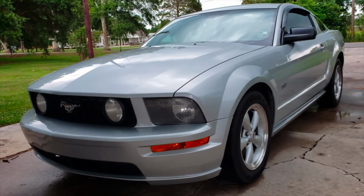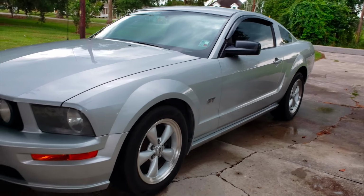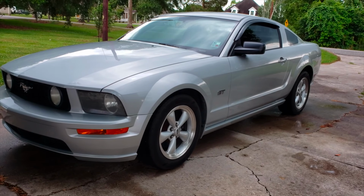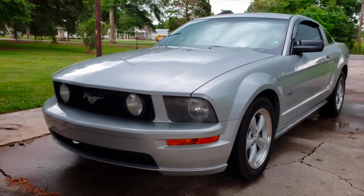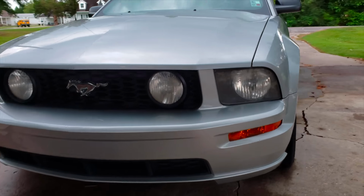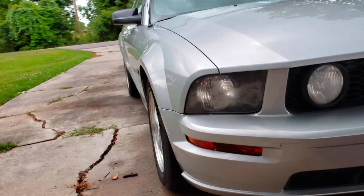But this car looks really good. This one has the rear wing removed on it. You got it like that from the factory, but this is a good looking car. It's older, so it's no LEDs or anything on it, nothing like that. But you know, it looks really good. It's a good, typical muscle car look